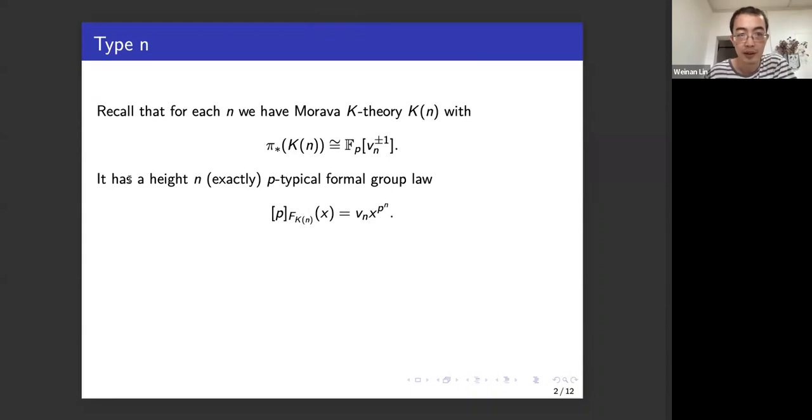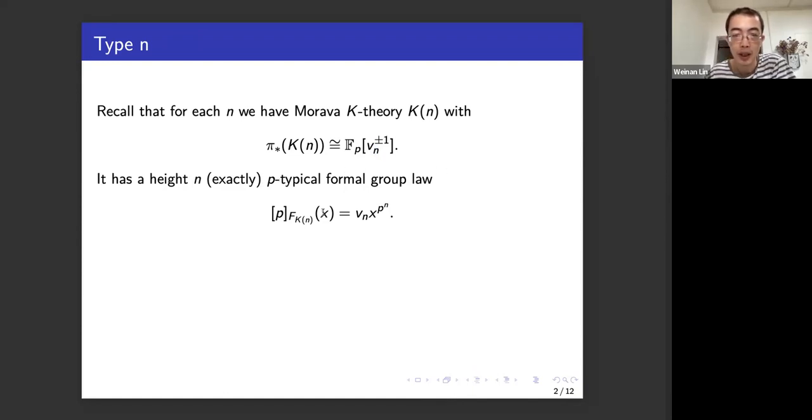So what's type n theory? Recall that for each n, we have Morava K-theory K_n with homotopy groups isomorphic to something that looks like a Laurent polynomial ring, with an invertible element that looks like a Bott element but in degree n, so it's n-periodic. It has height exactly n,